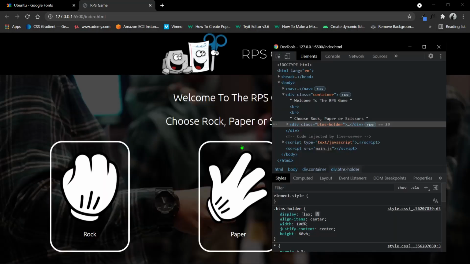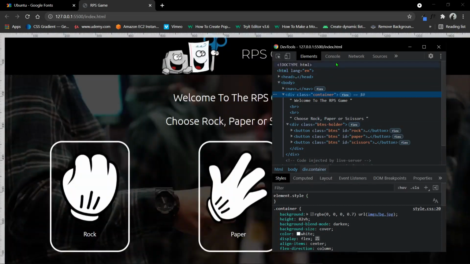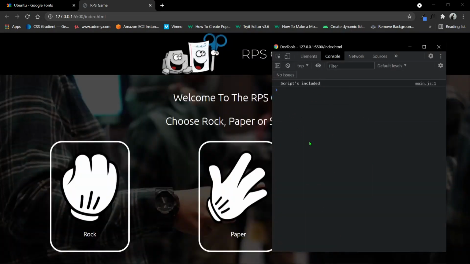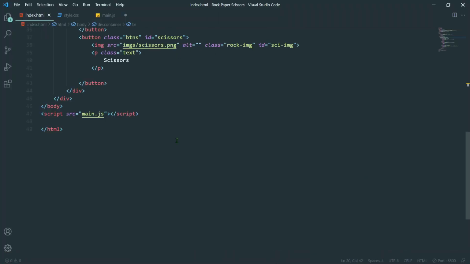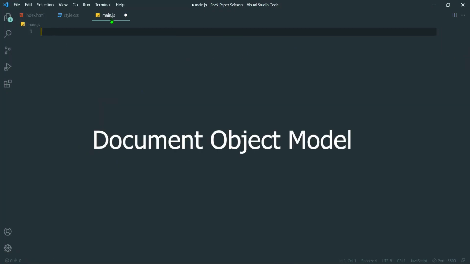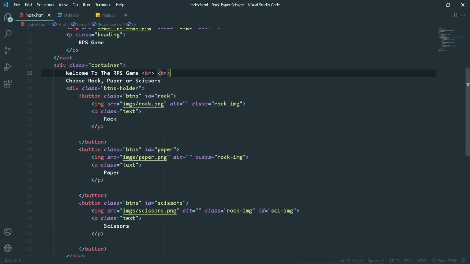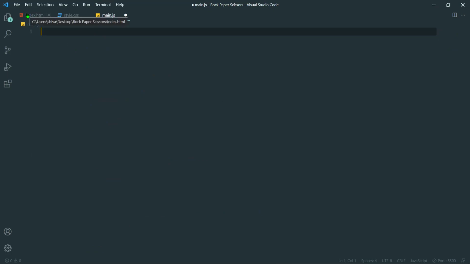Let's open the inspect and go to console, and it says scripts included. So now we are going to use DOM manipulation, which means we are going to use these HTML elements through their classes and IDs, and change a little bit of stuff.